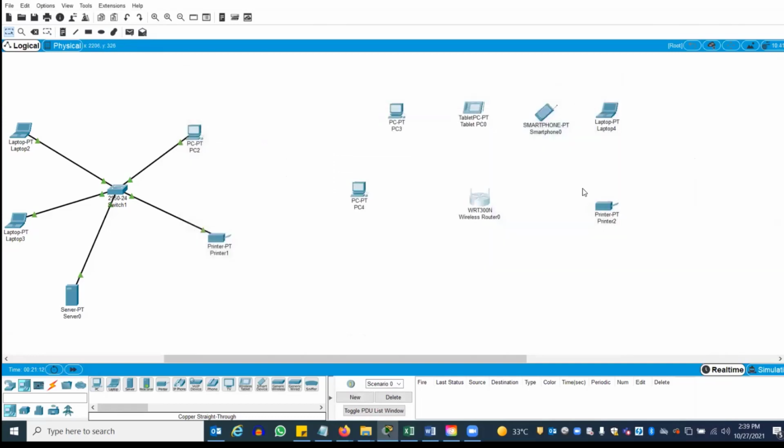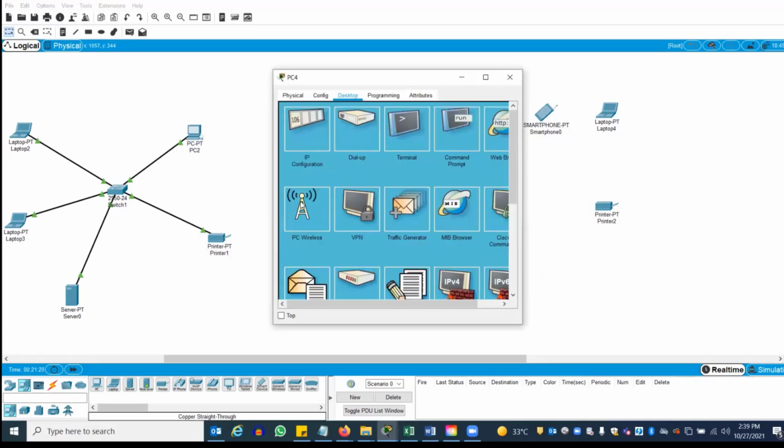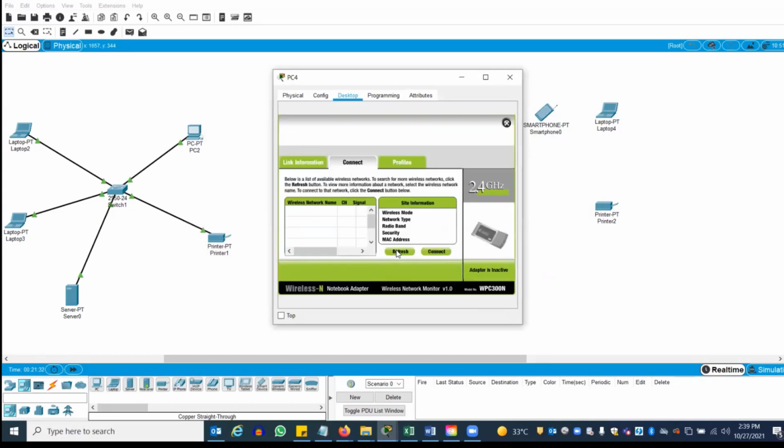So what happened now? All the wireless devices got disconnected because now the wireless router is secured. So you have to connect them. If you don't know the password of the wireless, you cannot connect. So how do you connect it? Go to PC, go to desktop, go to PC wireless, go to connect, refresh, wait for a few seconds, connect.